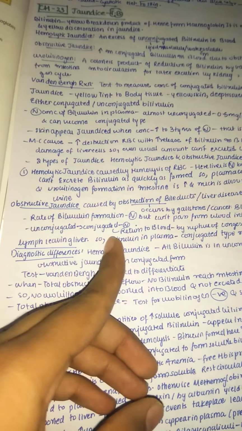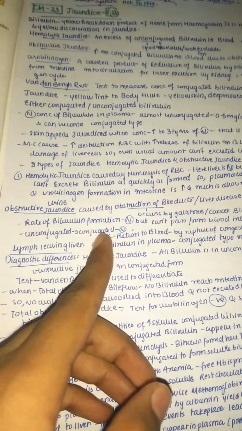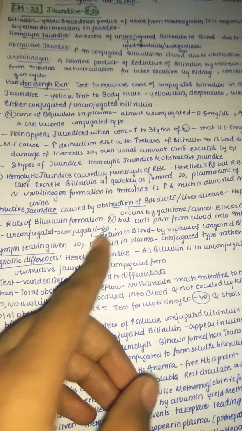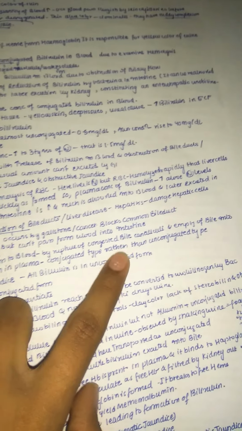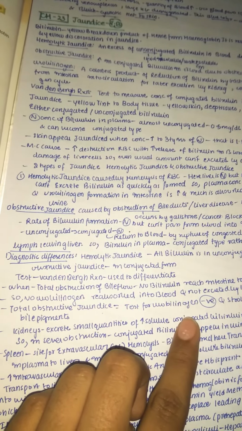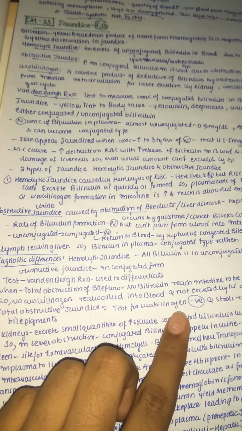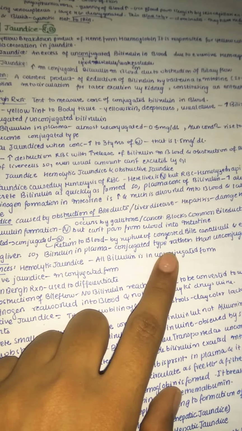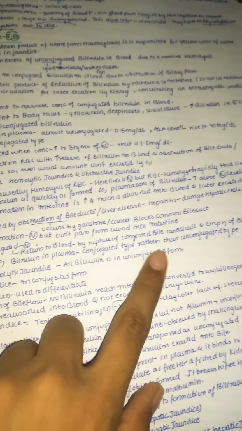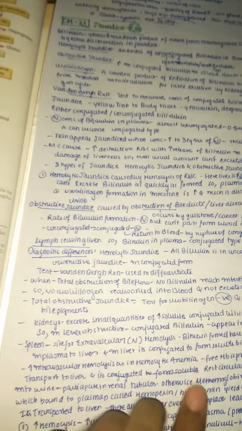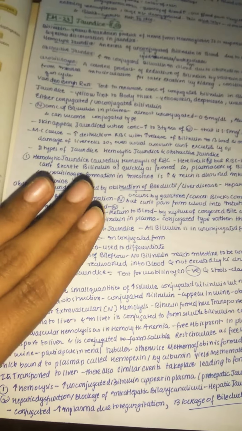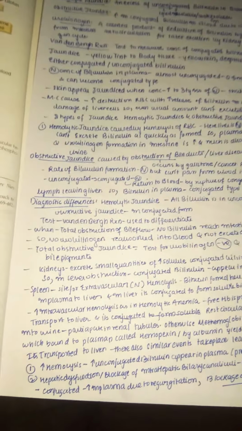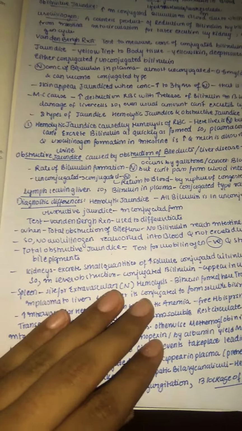The bilirubin is conjugated normally, and it returns to the blood by rupture of congested bile canaliculi and emptying of bile into the lymph leaving the liver. So the plasma bilirubin of the conjugated type is higher than the unconjugated type in obstructive jaundice. So we'll see the diagnostic differences mainly between obstructive jaundice and hemolytic jaundice, so that we can understand this topic very clearly.